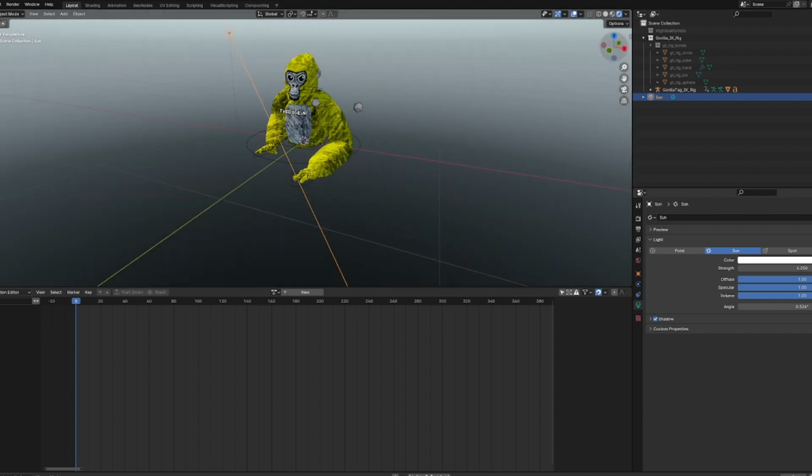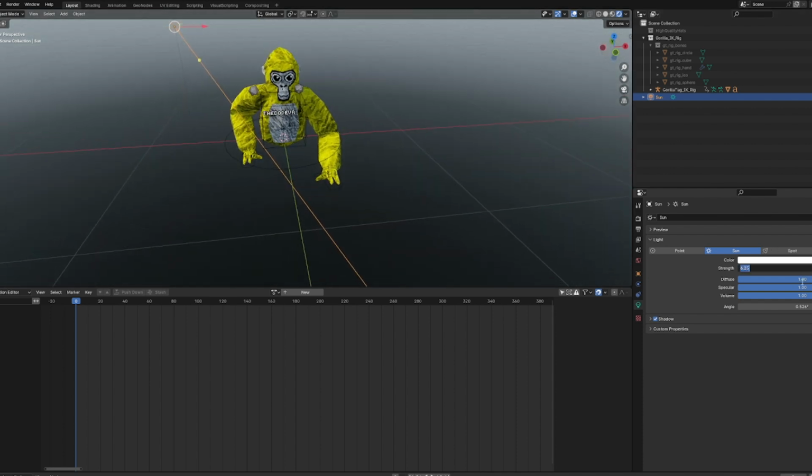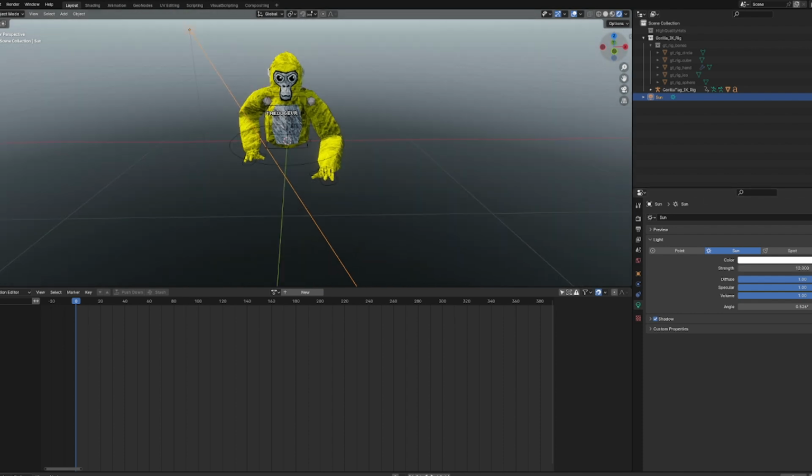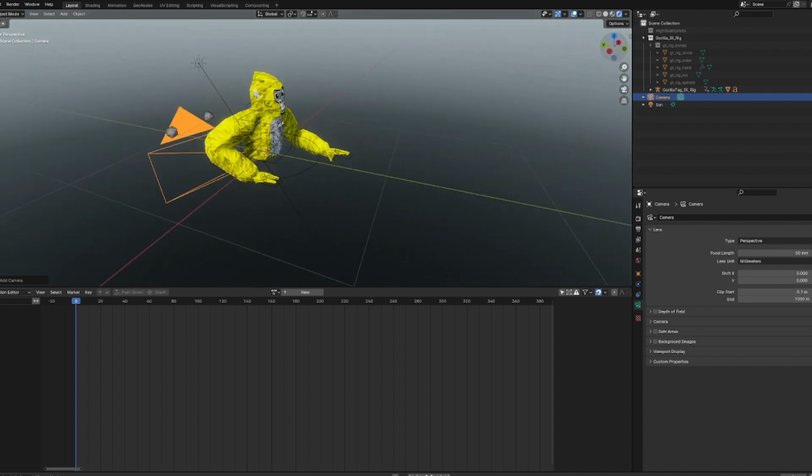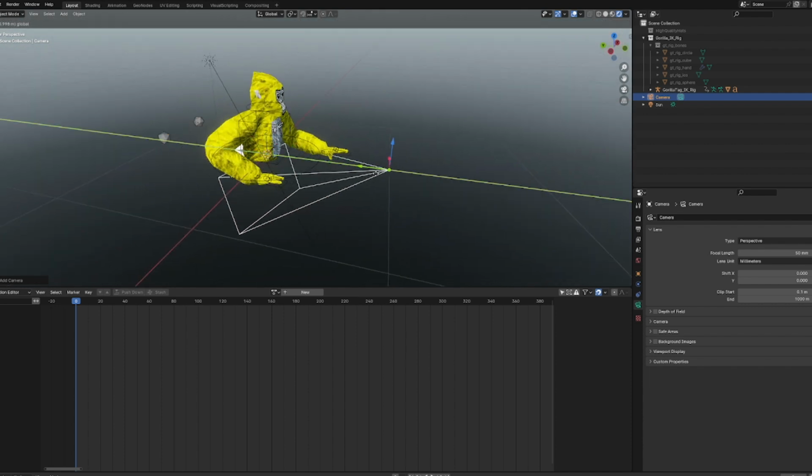Or you can just do it like, if you do 100, that's so bright. So if you want it to be glowing, you can do that. But I recommend doing maybe 10 or maybe 12. Yeah, 12 is good. And then you want to go into add again and then click on camera. Then there will be a camera here. And if you move it backwards